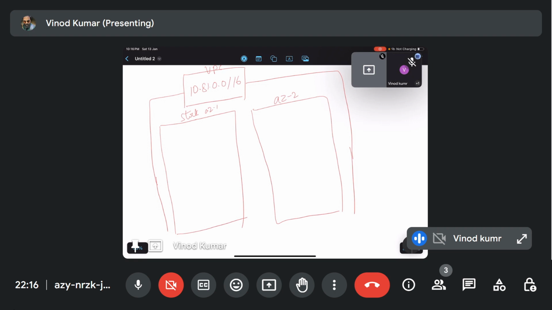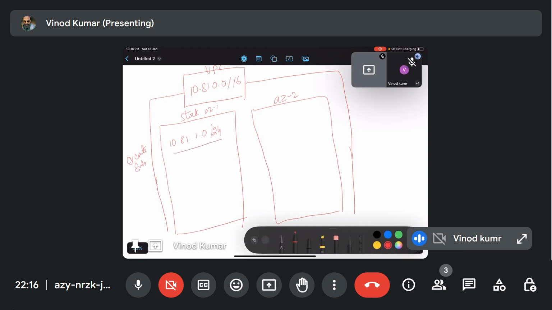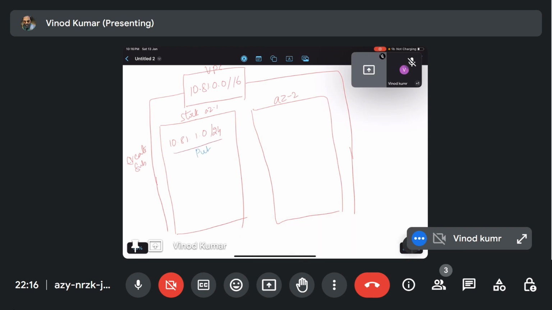So here I am creating the subnets. The first subnet IP is 10.81.1.0/24. I am thinking to make this public. The second one is 10.81.0.0/24, same 24, which I made private.